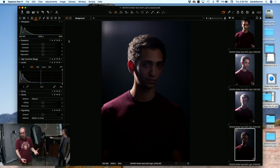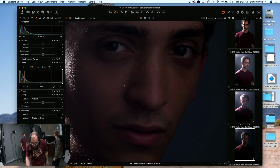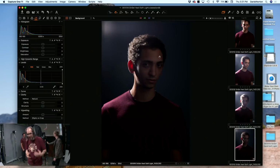Okay, that's better. Now we have detail, it's still a hard light. We can see a nice shadow from his ear. Look at that detail there, look at the beard, it's looking good. But now we can see that his face is underexposed, which we don't really want. Maybe if you were going for a certain mood or something cinematic, you could do that, although I'd make it blue. But anyways,